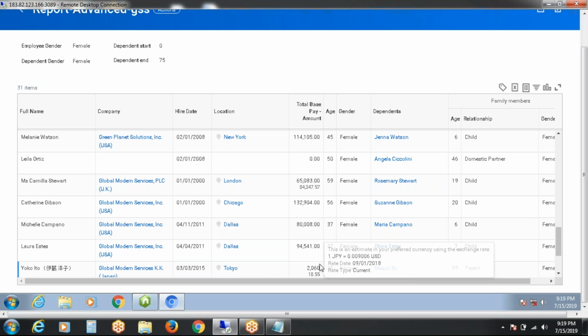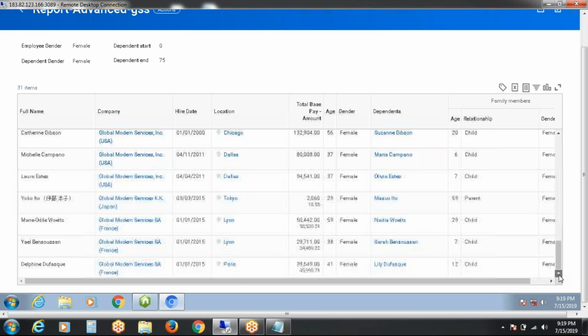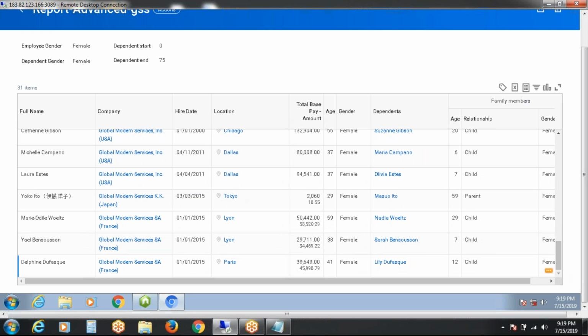Japanese yen and the second one is USD. Clear? This is about the enable currency process, preferred currency. Whatever preferred currency you have provided in the location creation, based on that your other things will run accordingly.